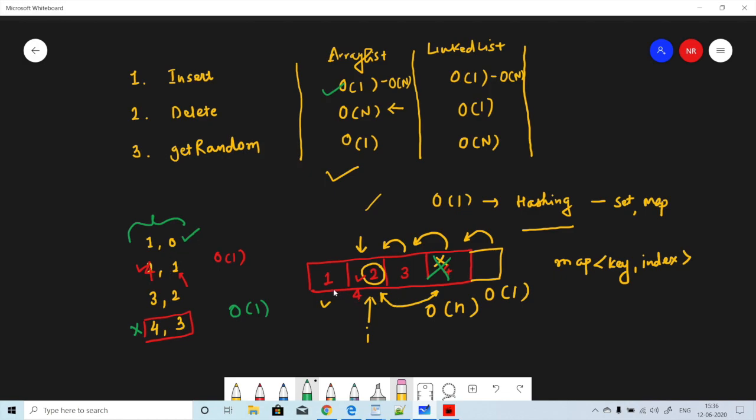And in the same way, getRandom is going to generate a random index, and you can get from here to here. You will get the index, and then you will return the number from that array list. So that's how we can get it. Now let's go through the code and execute it.